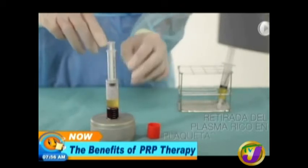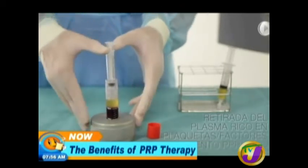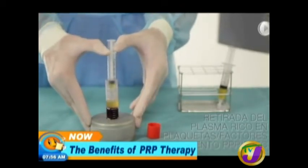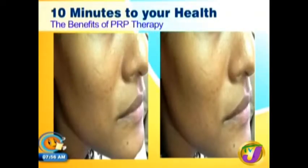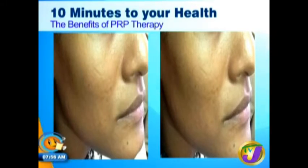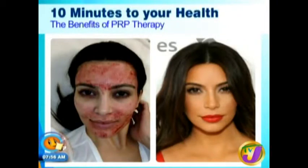Okay. And then basically what you expect, right after, is the face is going to look a bit red and may look a bit puffy. That goes down within hours or days. And then usually about a few weeks after, because what we're trying to do is stimulate your skin's collagen. This is like the mattress of the skin, that middle layer that gives the skin the support. So it takes about 4 to 6 weeks after one treatment for your collagen to build up. And the beauty of it is...